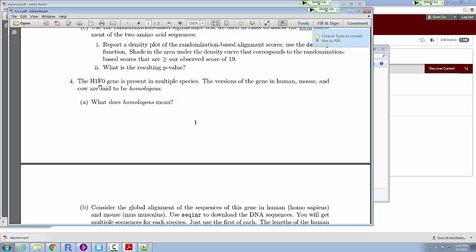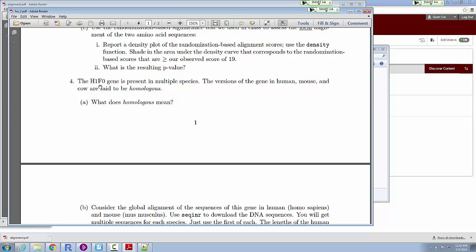This is a gene, same gene name, but it's present in multiple organisms. So a mouse has it, and a cow has it, for example. So it would be interesting maybe to compare the H1F0 gene sequence in humans to that in mice and to